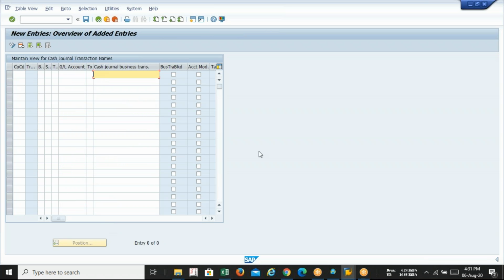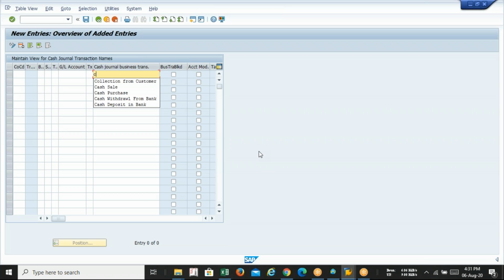Just tell me what are the main types of cash transactions happening in a business, in common parlance. What are the common cash transactions happening in every business?